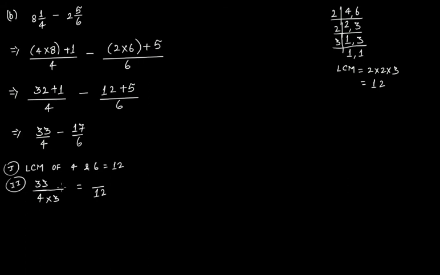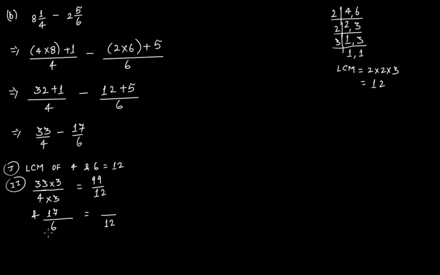Now since we are making an equivalent fraction and since we have multiplied the denominator by 3, we will have to multiply the numerator also by 3. Okay, that's a rule to find equivalent fractions. So this will be 99 over 12, and for this one, that is 17 over 6, in order to find its equivalent fraction in a way that the denominator of the equivalent fraction should be equal to the LCM, that is 12,